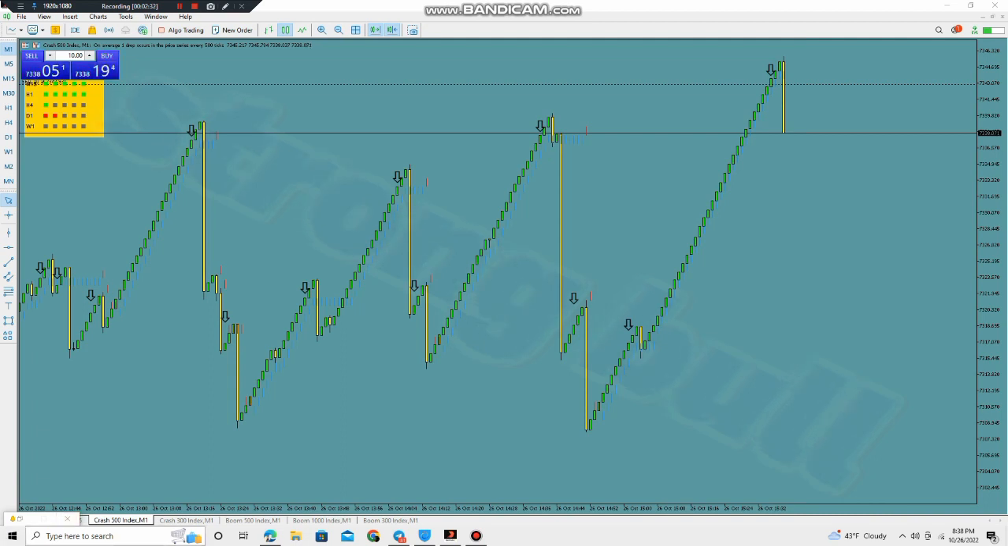And look, here is the spike. So this is the accuracy of the system. Our trade is in profit. You can lock your profit and